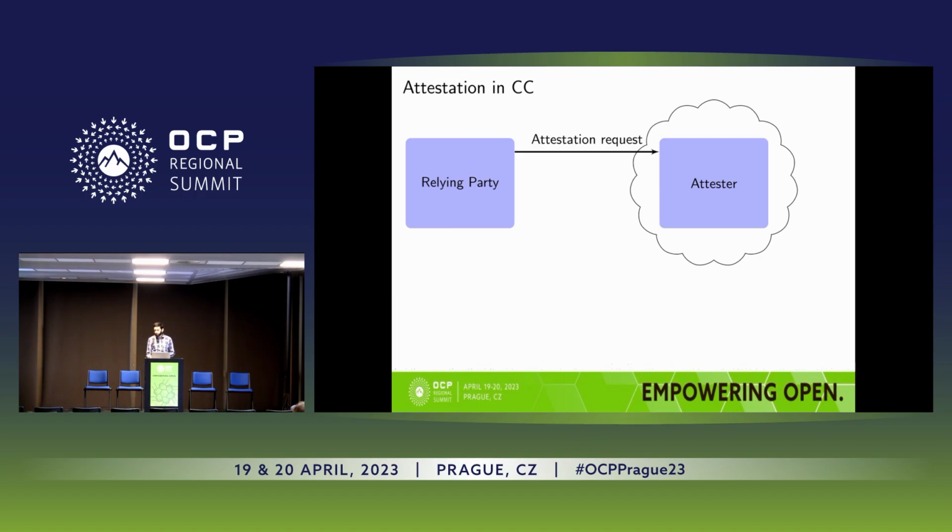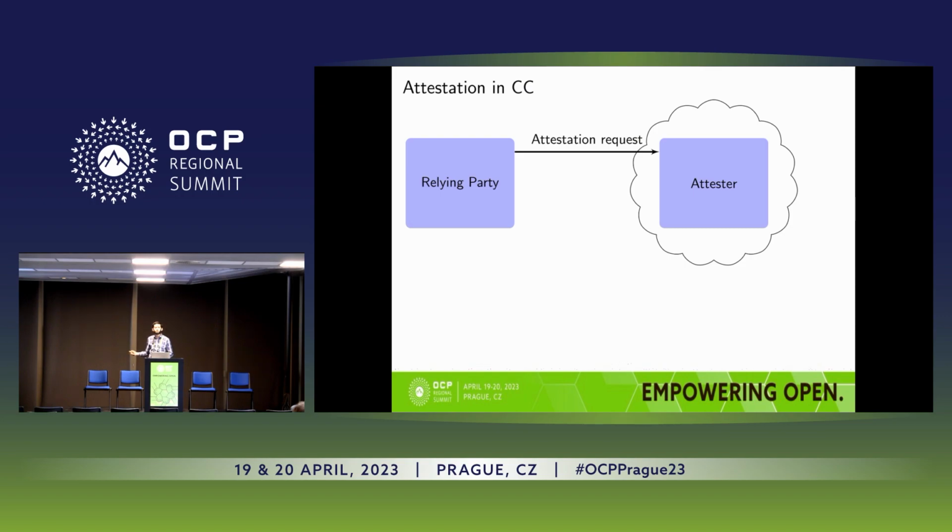Firstly, maybe just an overview of confidential computing. The idea here is that I, as the relying party, as it's called in the RATS standard, who is the workload developer, let's say, want to run some application on the cloud, but the trust model is very strong: we do not want to trust the cloud service provider.